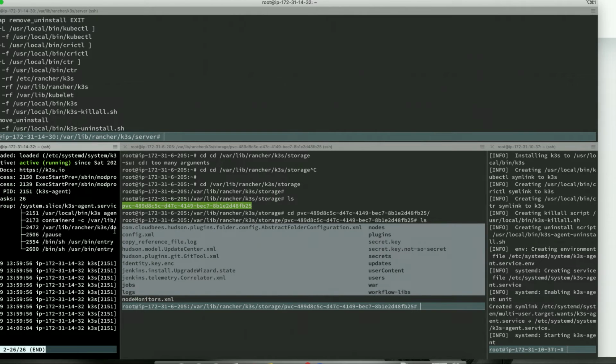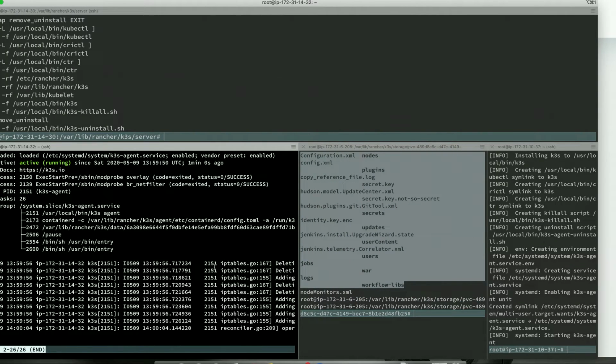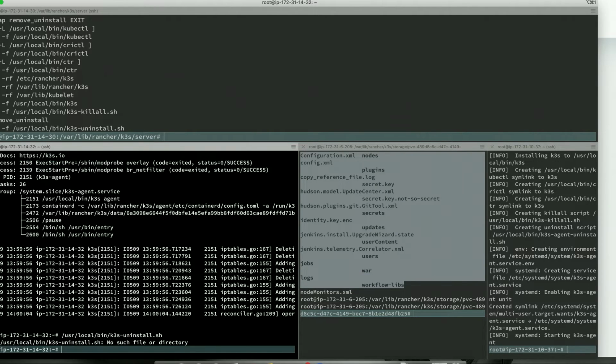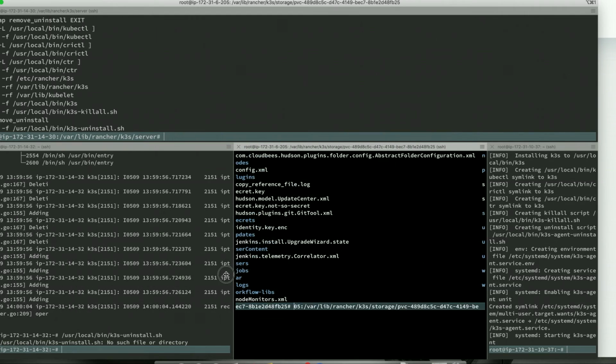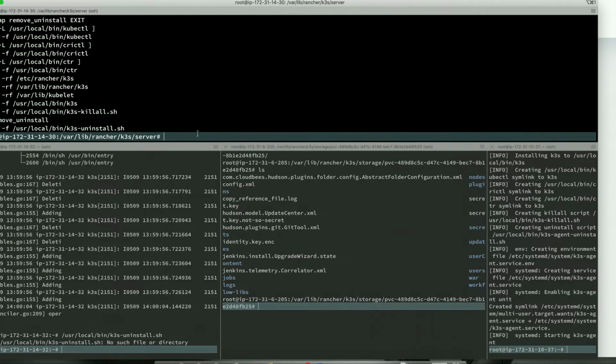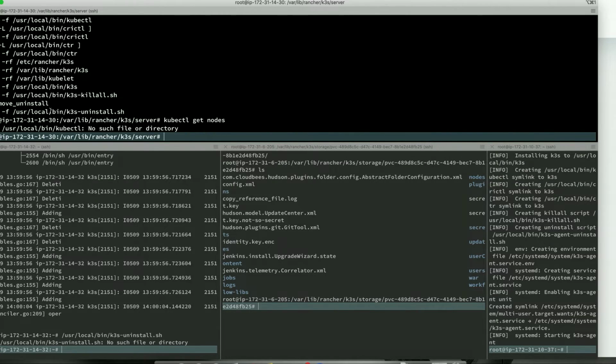All right, so execute on all the nodes. I think this script is available only on the master node. If I check kubectl get nodes, there you go, kubectl: no such file or directory. So this is how we can clean up and uninstall the cluster.